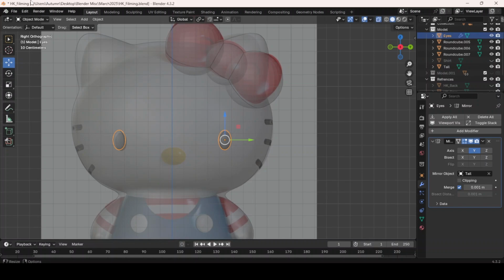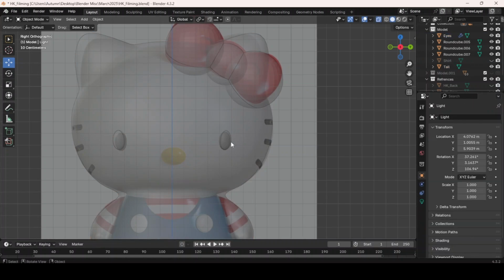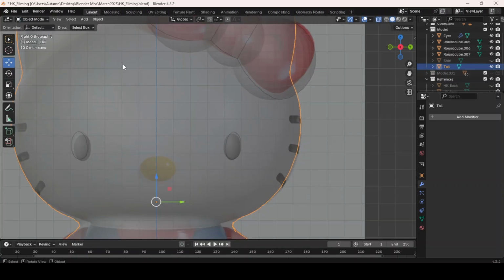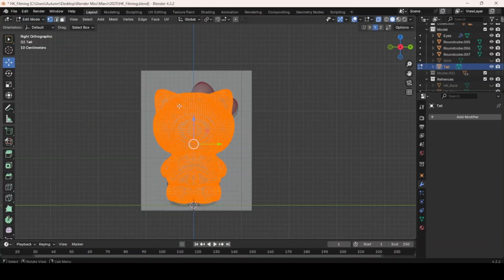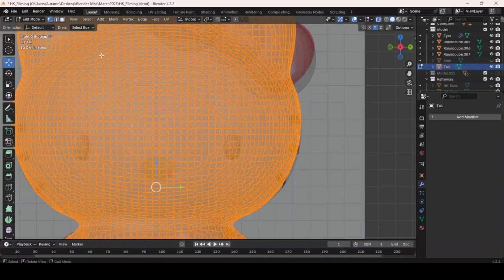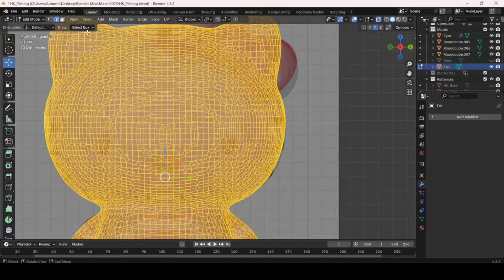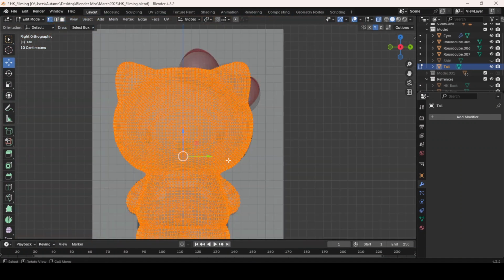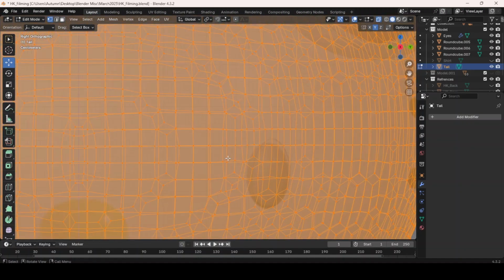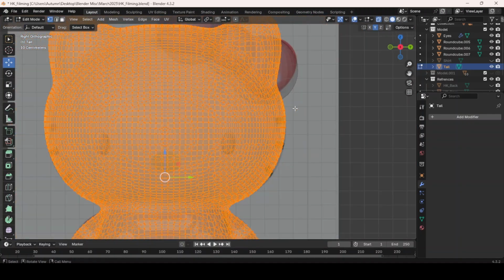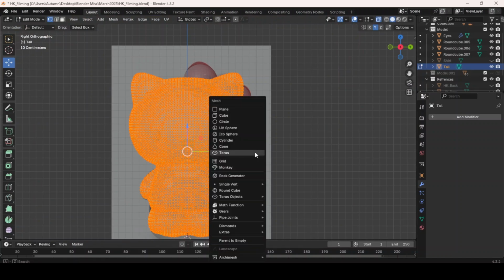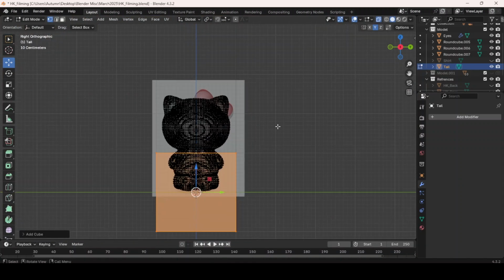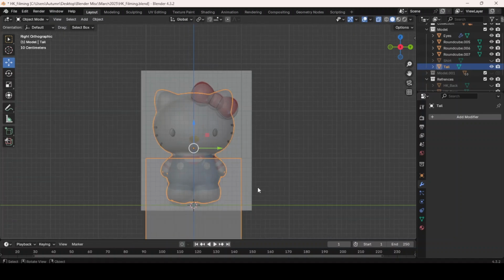Okay, Shift A. One thing I forgot to say. Whenever you're adding a new object, make sure you're always in object mode, not edit mode, okay? Just for example, if I have this selected and I go into edit mode, see we have a lot more vertices now, a lot more edges, and a lot more faces, because we've done a lot. But if you're ever in this mode where you can edit by vertex, and you add a new object, let's add that cube,